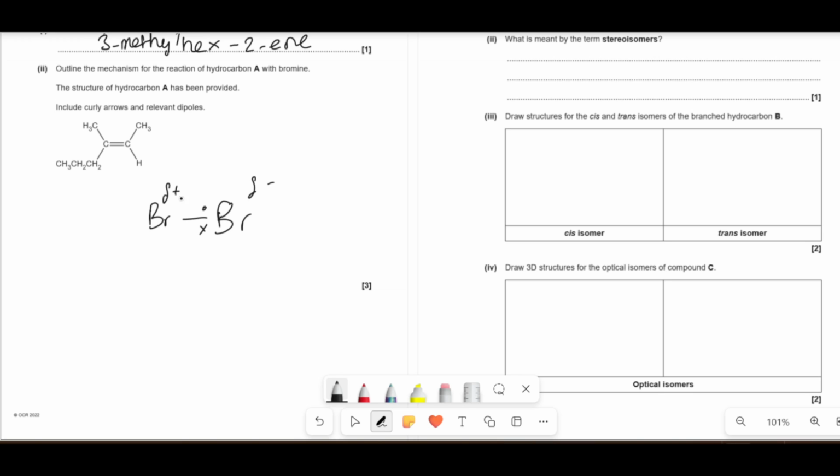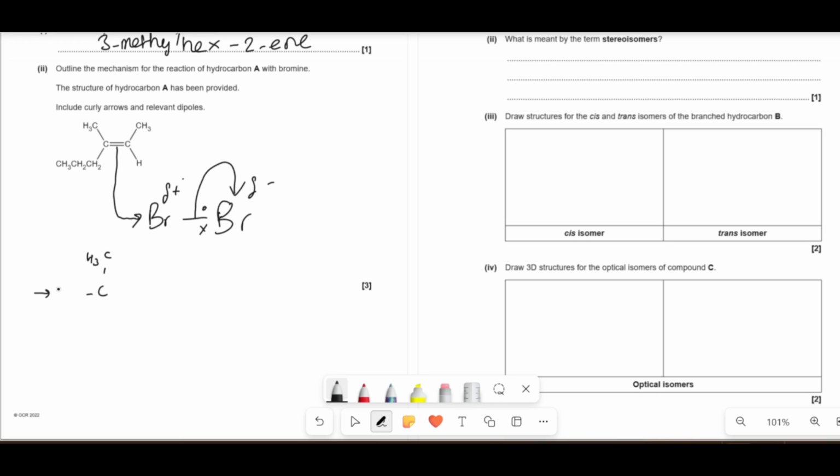Now, because this is an electrophile, it wants electrons, it's an electron pair acceptor, it wants to nab them from somewhere. So this place is full of delicious electrons. So what happens is it donates a pair to that bromine. And the way I like to think of it is that now you're adding more electrons here. These are going to repel even harder, so much to the point where they're pretty much nabbed by that bromine. Right? So that means this bond breaks and actually gives the electrons to that bromine. So now as a result, you're left with